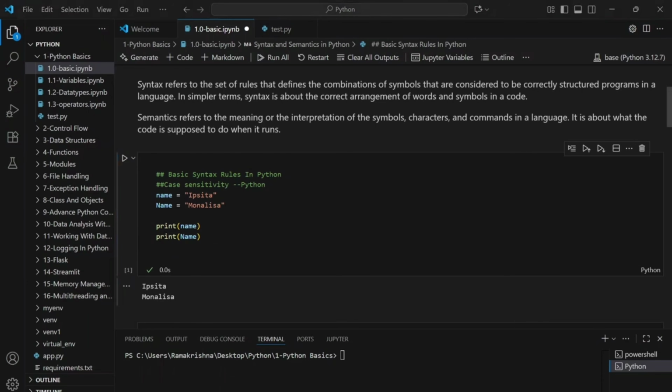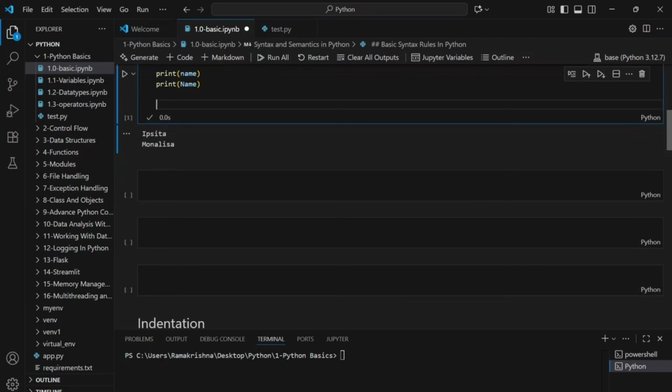Understand this. When we are doing some coding and we come across some kind of syntax errors, why does it actually happen? It may be because I may not have assigned a variable and I'm directly using that in my code. In that case, for sure, I'll get a syntax error. Okay. So let's go ahead and see some use cases of indentation, which is very important in Python.